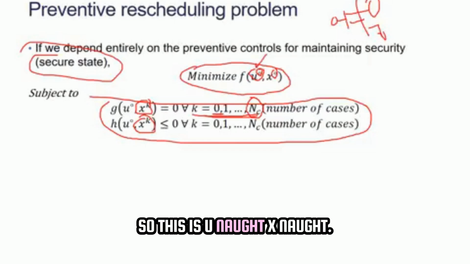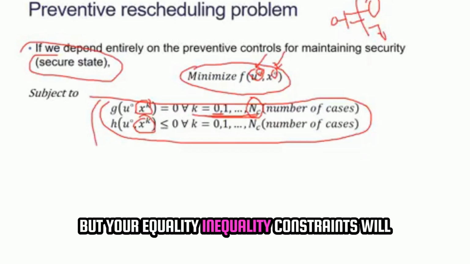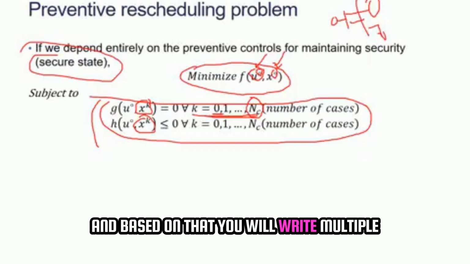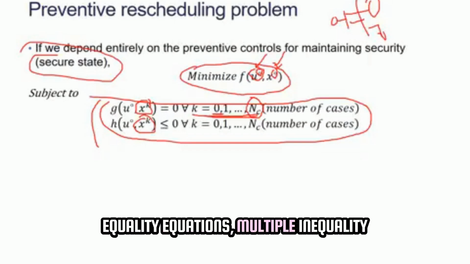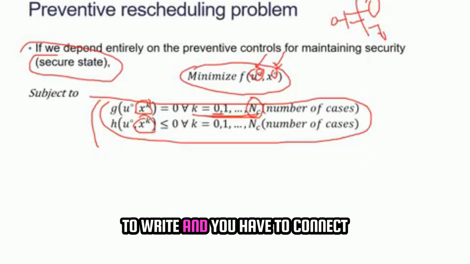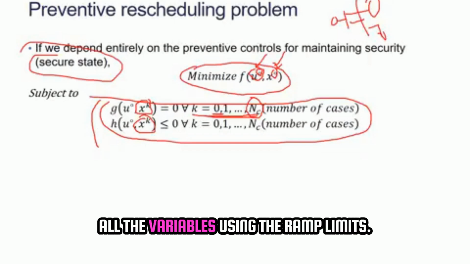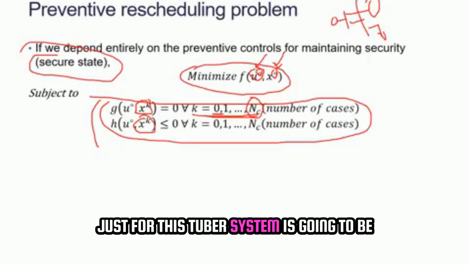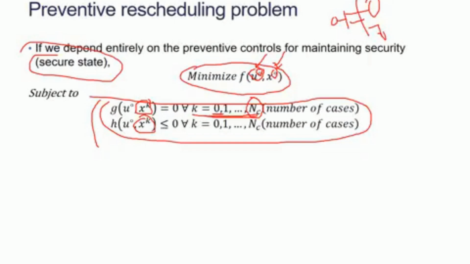So this is u naught, x naught, the base case, but your equality and inequality constraints will include all the possible contingencies, and based on that you will write multiple equality equations and multiple inequality equations. For all these situations you have to write them, and you have to connect all the variables using the ramp limits. So you can imagine the size of the system just for this 2-bus system is going to be 4 times